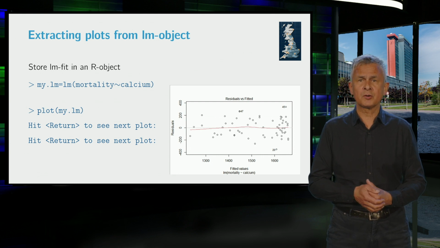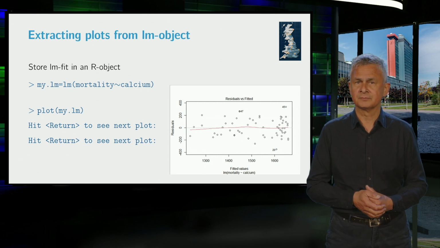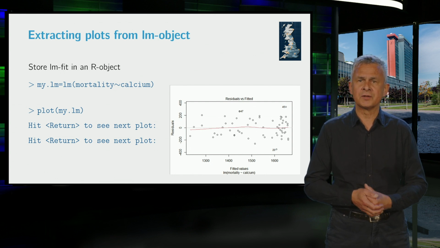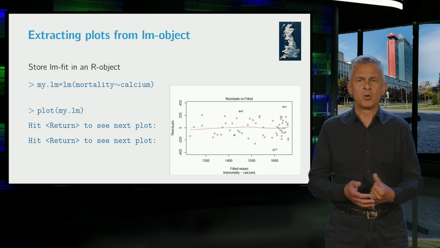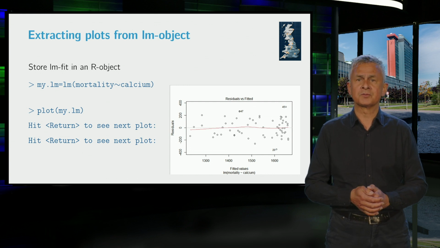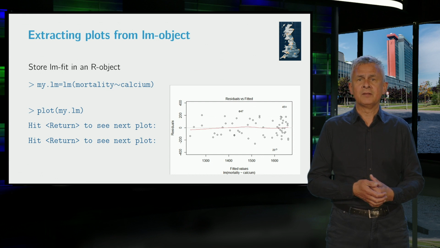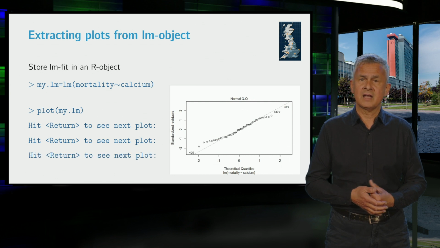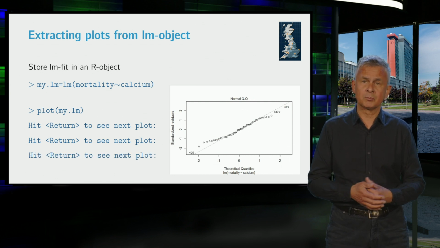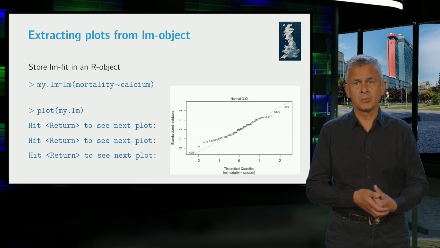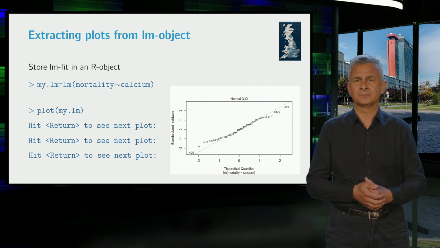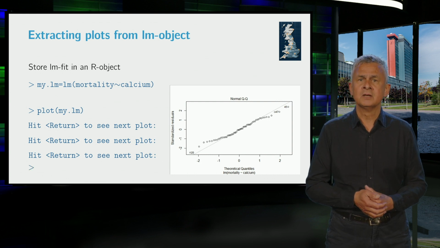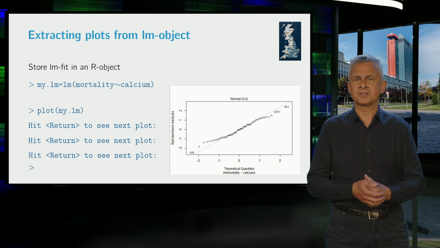Note that a smooth curve has been added to the residual plot. It is constructed by taking some sort of moving weighted average of the points in the plot. The more horizontal it is, the more it confirms the linear relationship and the mean zero assumption on the measurement error. After hitting the return key, a second plot appears. And this is the normal QQ plot with a straight line added. Now, the remaining plots are beyond the scope of this MOOC, so we leave the dialog by pressing escape.